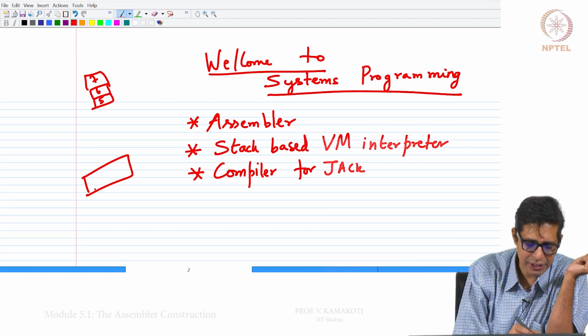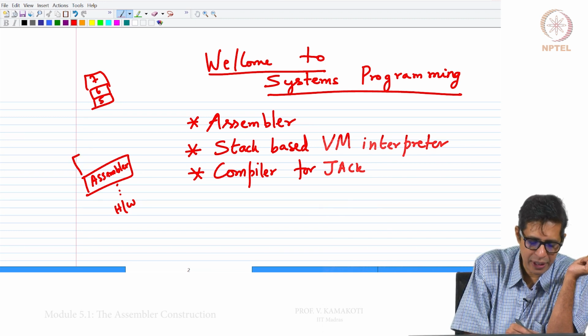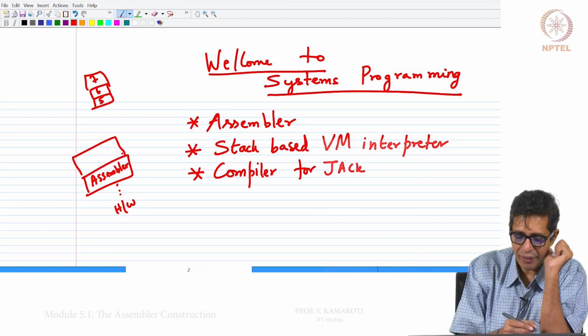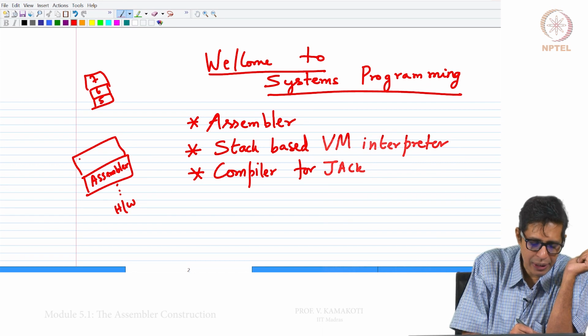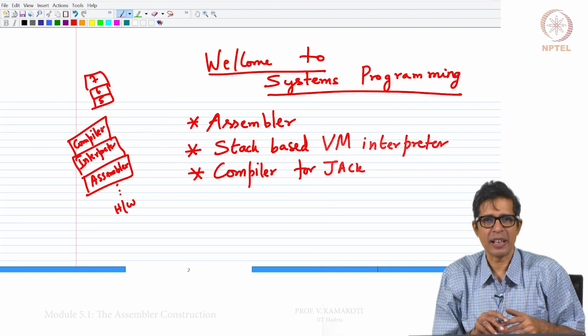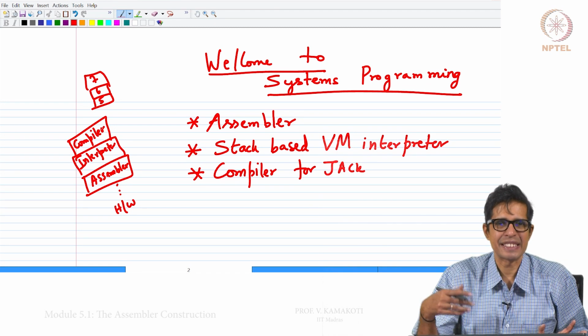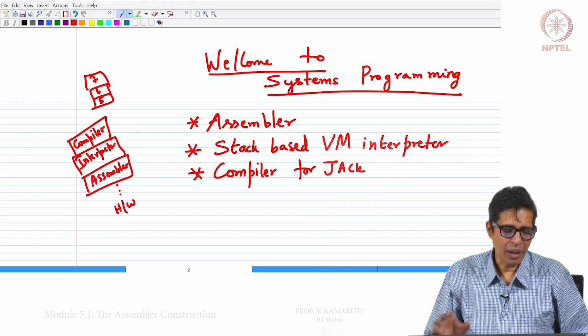The assembler is at the bottom, which directly talks to the hardware, and on top of it we have an interpreter, and then we have a compiler. Each of them is a software, one sitting on top of another. So, we call it a software stack.